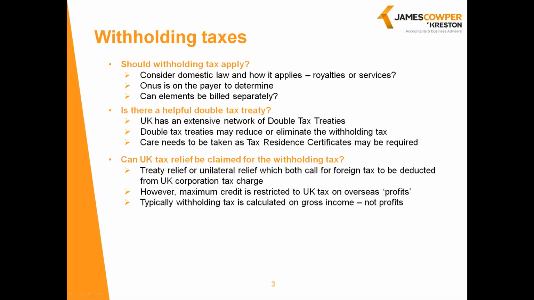There's a word of warning here. Where a double tax treaty provides an opportunity to apply reduced withholding tax rates, it is often the case that there is an administrative process to be undertaken in advance of being able to benefit from the reduced rate. These processes can take different forms, for example, obtaining a tax residence certificate or simply completing and filing a specifically designed form, but it is often time-consuming.